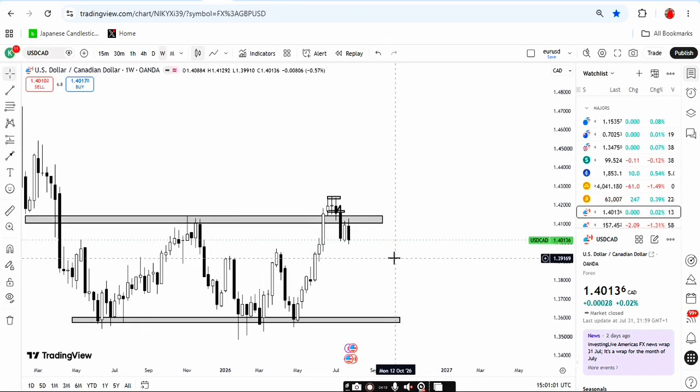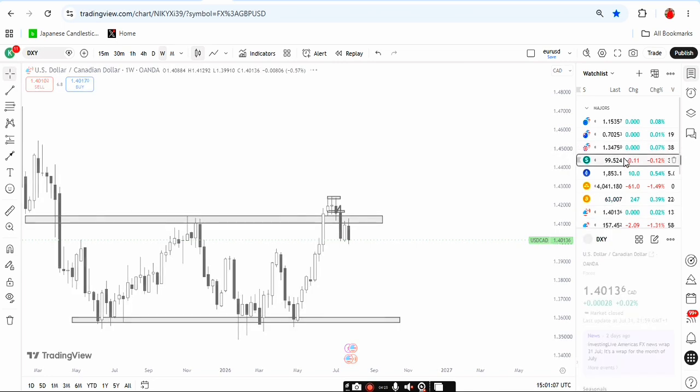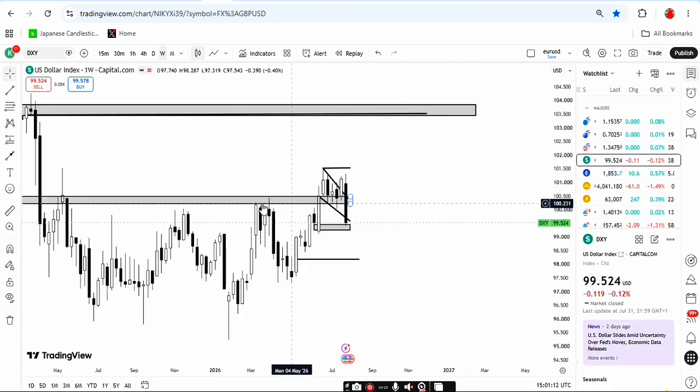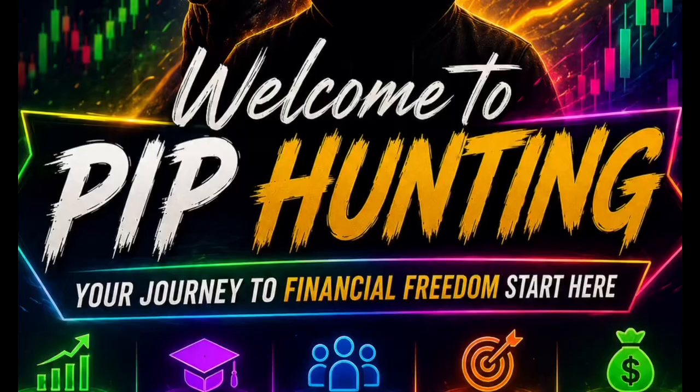Okay, so now what we're going to be expecting this week? Let me go back to the dollar index first of all. Since the dollar index has broken this support zone again, so now we probably are going to